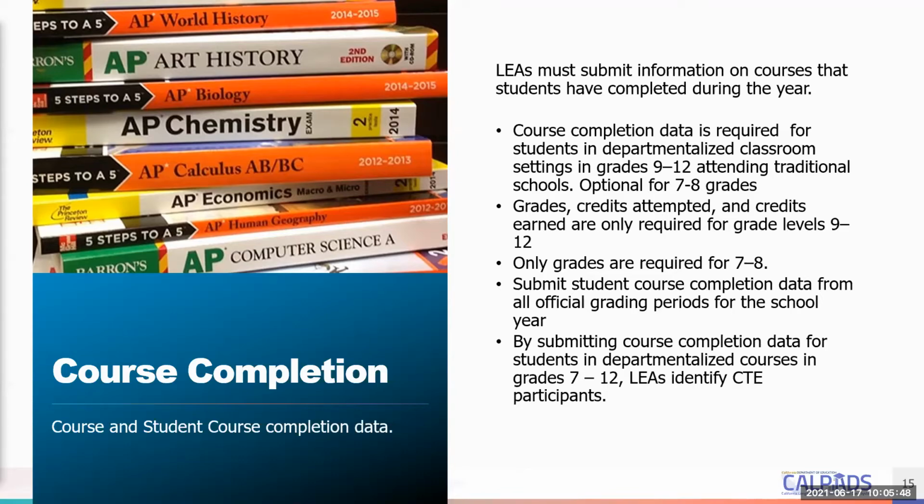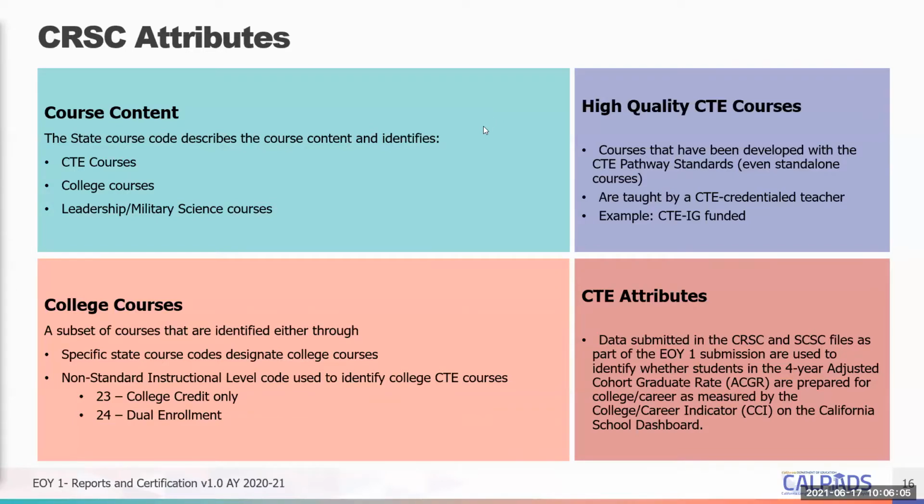So your completers are submitted in a dedicated file. However, those students that completed CTE courses are going to be identified as CTE participants, and that comes from the course completion file as well, or that course completion data set. And so some of the key attributes that you'll find in the CRSE or course completion file used in end of year 1